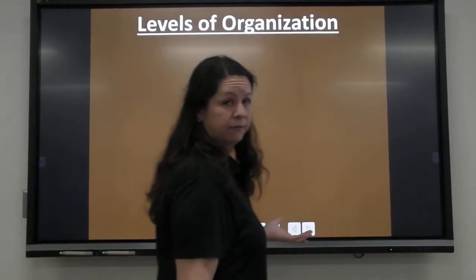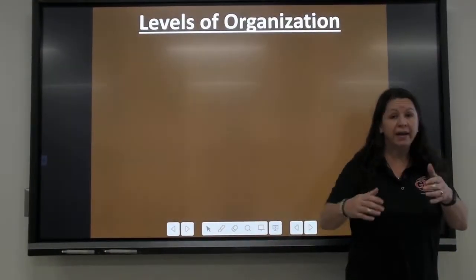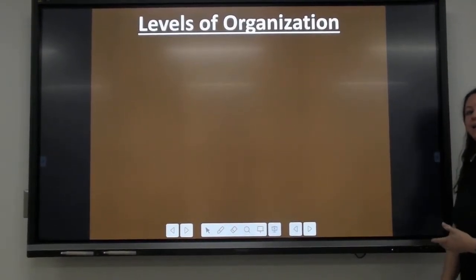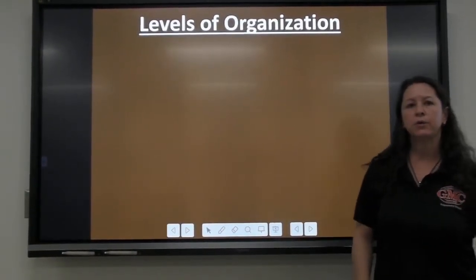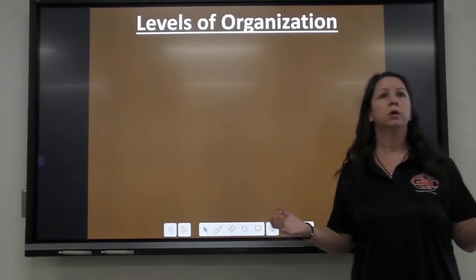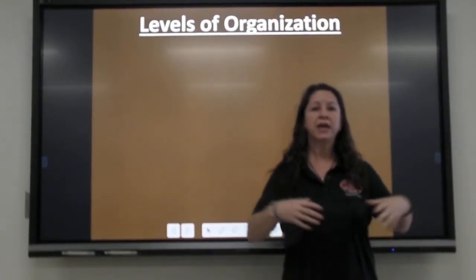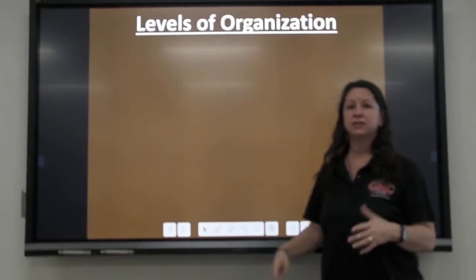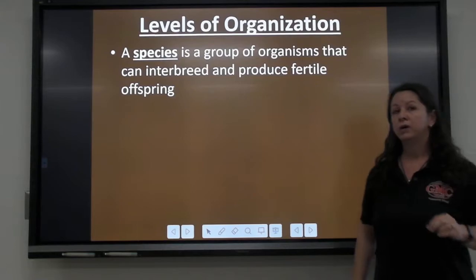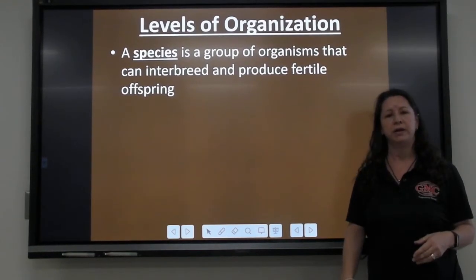We talked about levels of classification because scientists do need to know what it is that they're looking at and studying. But when we are speaking about ecology, we also have to understand the levels of organization. The natural world can be broken down into different levels, from biggest to smallest, to help us understand how things work together.